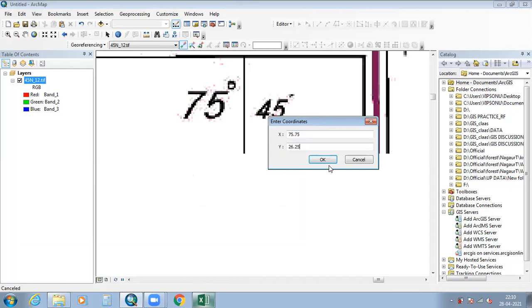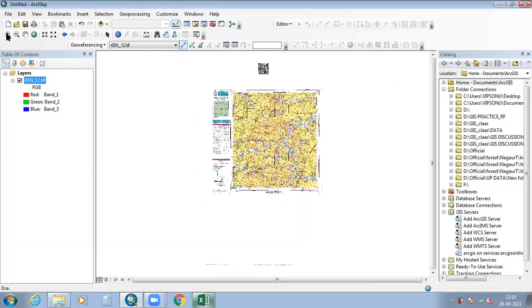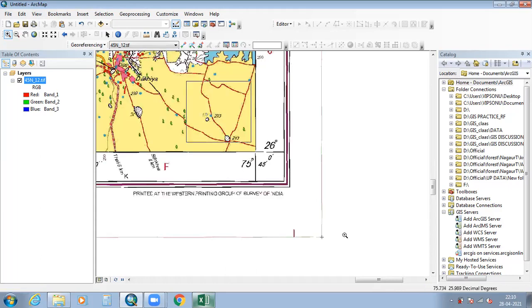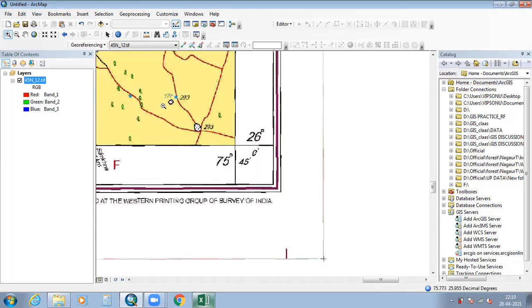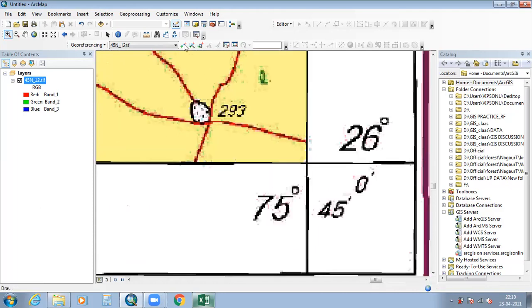Next is zoom to layer, and now the right bottom corner, zoom it, then use the control point, then left click and then right click.